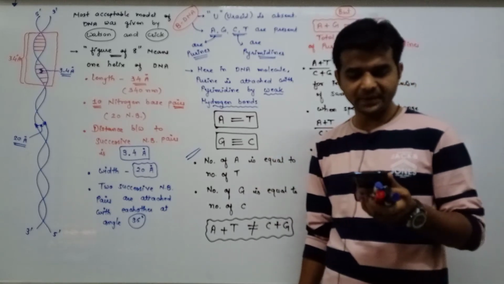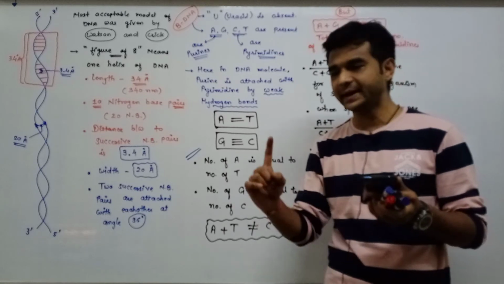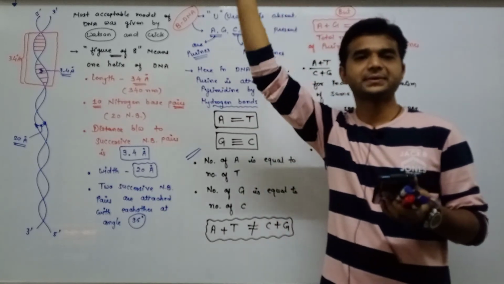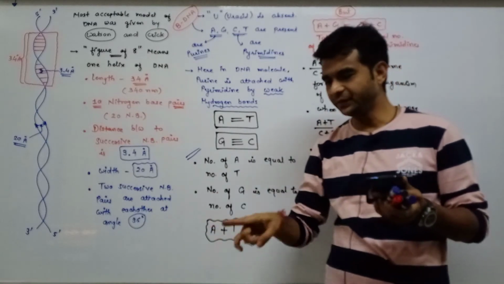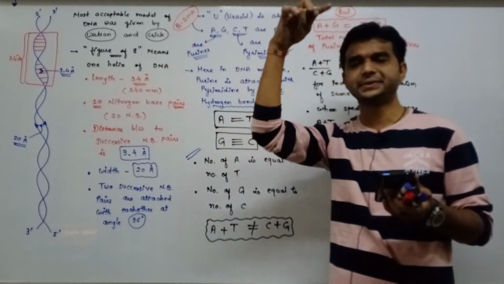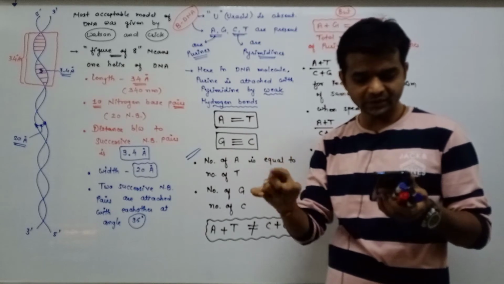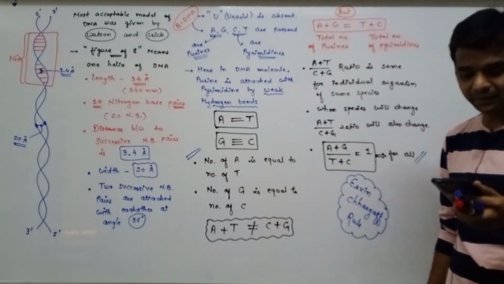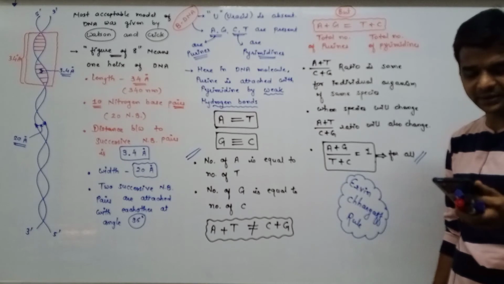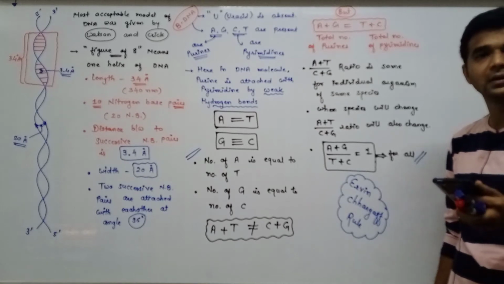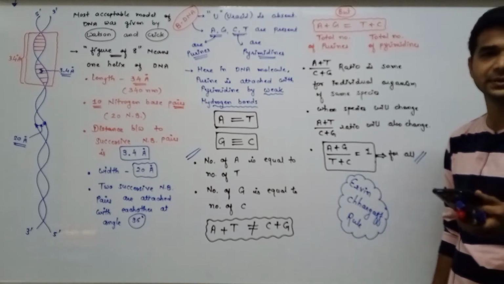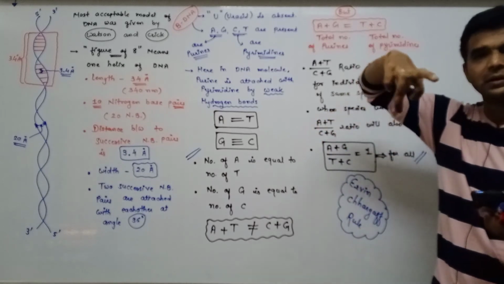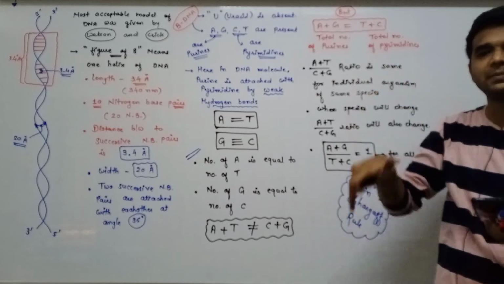Each strand appears like a helical staircase. You know the spiral staircase. If you see the one helix, it looks like this. And on the opposite side, another strand is there. Each step of ascent is represented by a pair of bases. So each and every step represents a specific base pair.